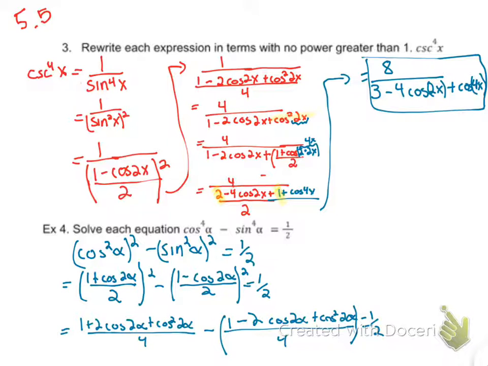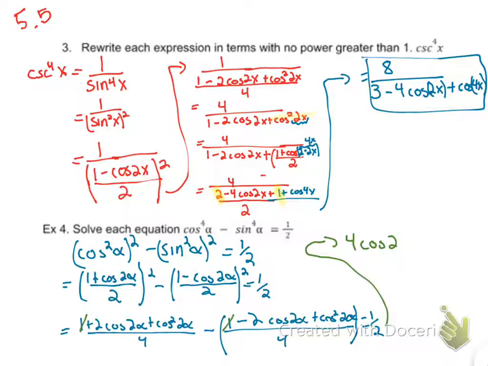Now here's where you're noticing some things that are going to start to cancel. They both have the same denominator. So we have 1 over 4 minus 1 over 4, so these are going to go away. Here we go, that goes away. And then you end up with 2 cosine of 2 alpha minus a negative, so that minus negative makes it a plus. So when I go over here to my top part again, I'm going to end up with 4